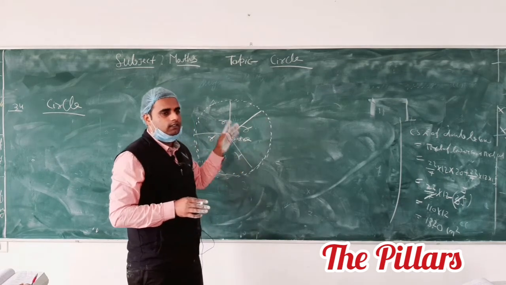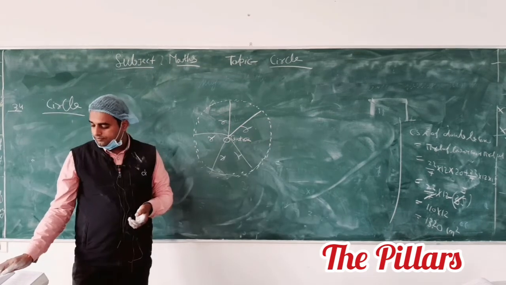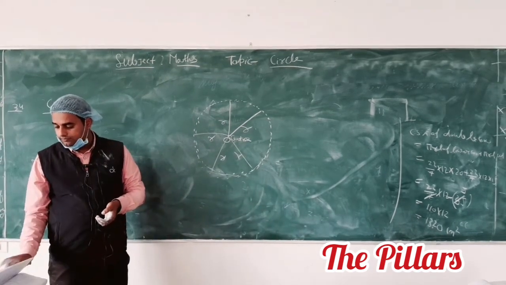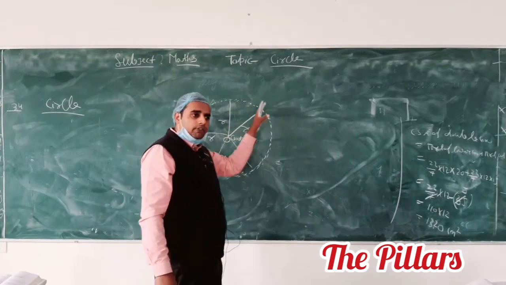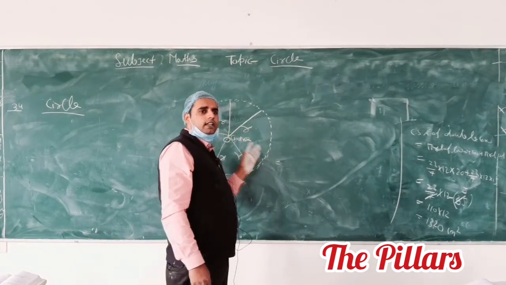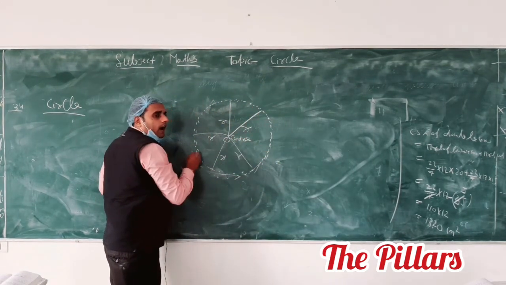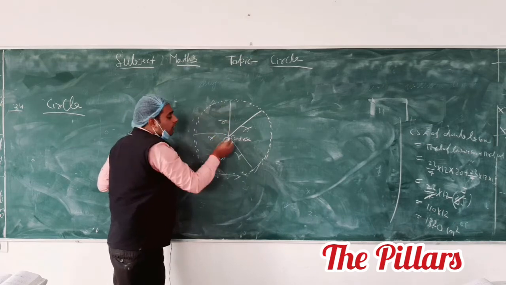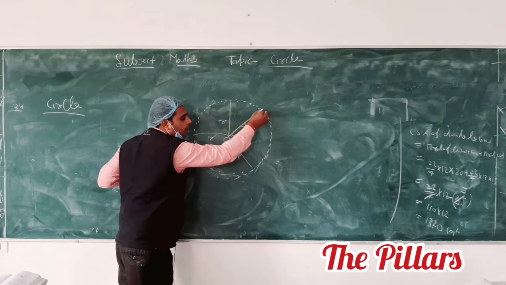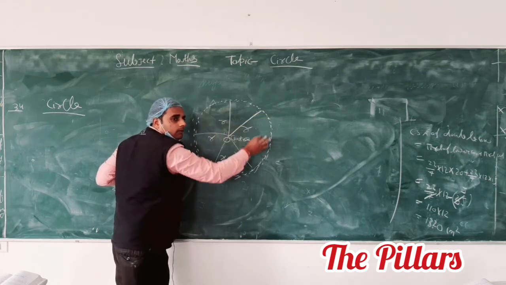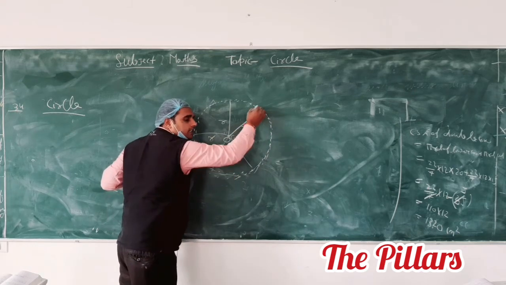Write down the definition. Circle is a collection of points in a plane which have a fixed distance from a fixed point. By the figure you have to fill in the definition. It means these points have a fixed distance from the center. This fixed point is said to be the center, and this fixed distance is said to be the radius.